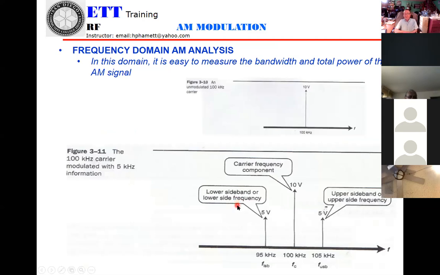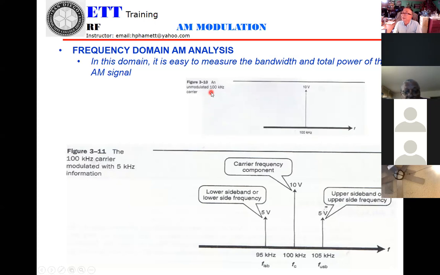Okay, now they're talking about the frequency domain in the spectrum analyzer. In this domain, it is easy to measure the bandwidth and the total power of the AM signal. On that one, they display on the spectrum analyzer. That will be the frequency domain. Okay? And that will be